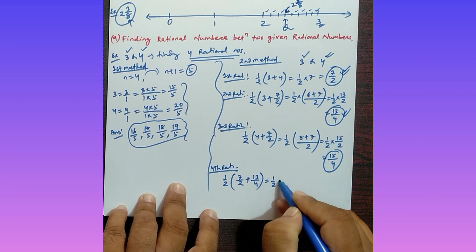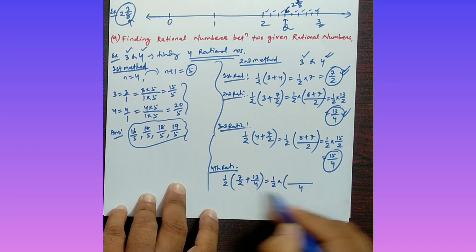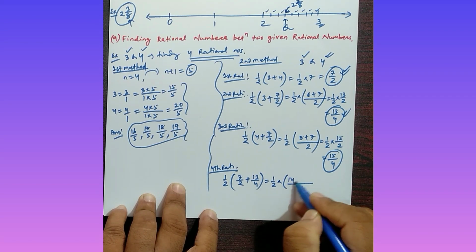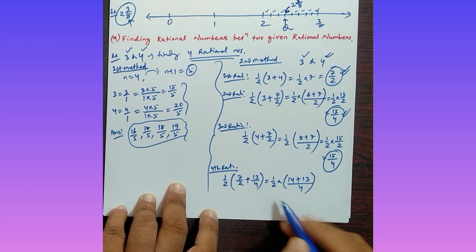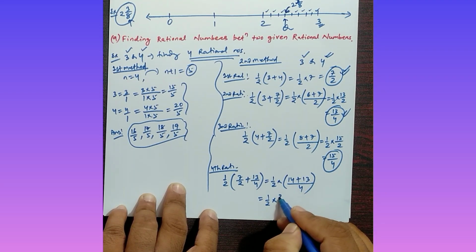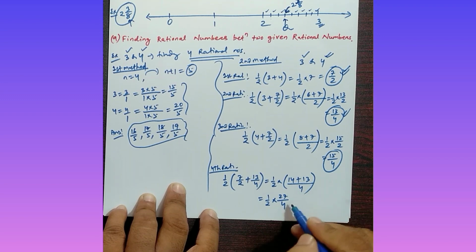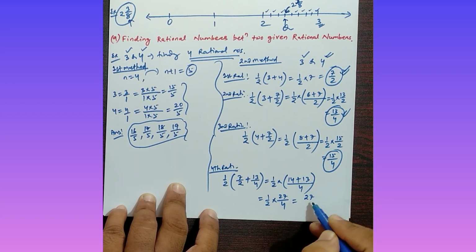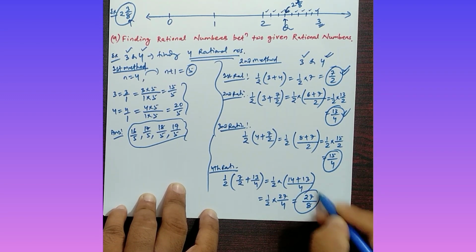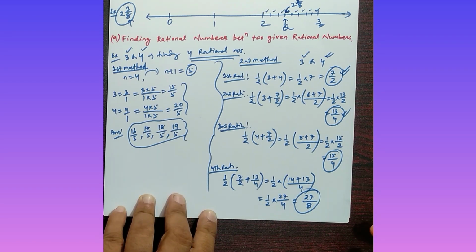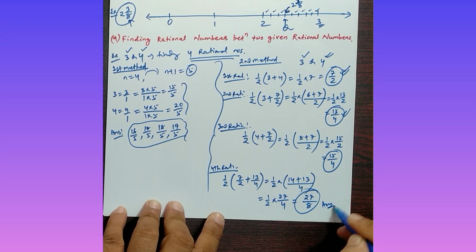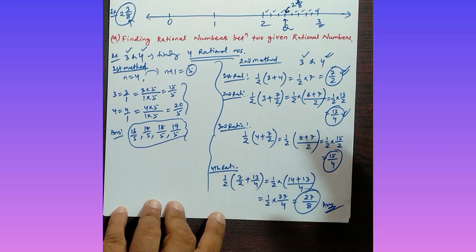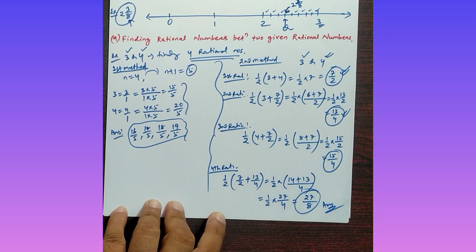सो ध्यान से देखना, दैट इज 1/2 इंटू एलसीएम क्या है आपका 4 है, 4/2 इज 2, 2 7 से कितना 14 plus this one is 13, so that means you are getting 1/2 into, तो ये आपका 27 by 4 है, ठीक है। so that means you are getting the answer that is 27/8, so this is your fourth rational number, ठीक है। so in this way you can find out whatever the given rational numbers, you can easily find the rational number between two given rational numbers, ठीक है।